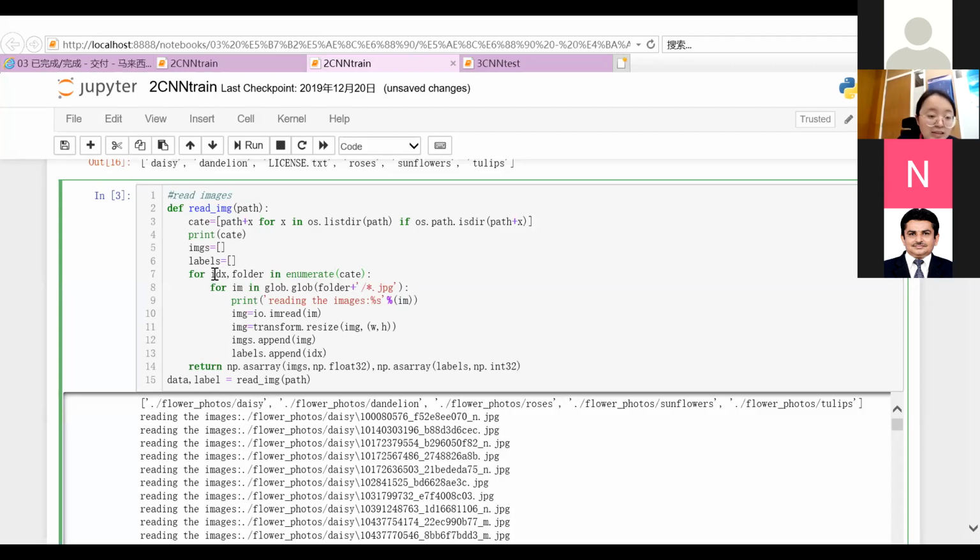So first the index equals 0 and the folder equals flower photos daisy, and then we go inside